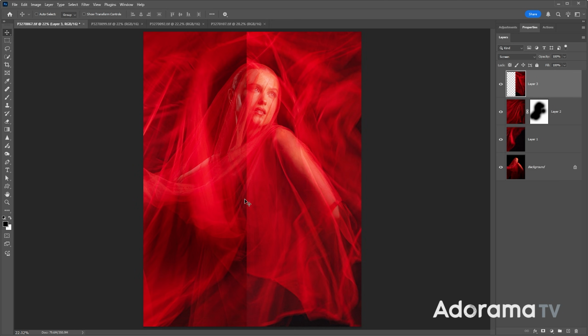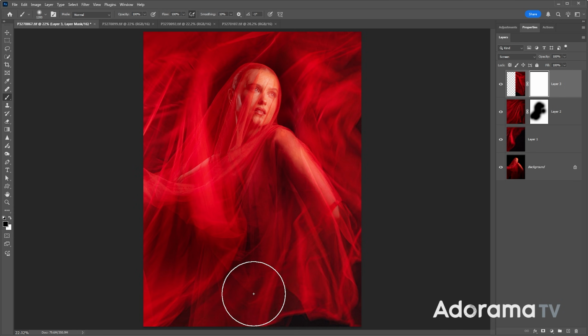There is a bit of an obvious dividing line. So once again, I'm going to put a layer mask on that layer with the brush tool, and we'll just paint that out so we can hide the join, something like that. There we go. So I've now got an effect that looks like loads of fabric moving around in the picture when in fact we only had a tiny amount of fabric, and I could stop here, but there's a couple of extra things I want to do,